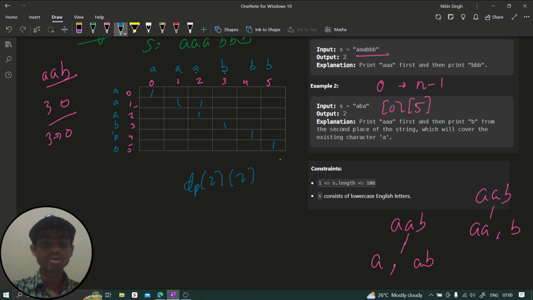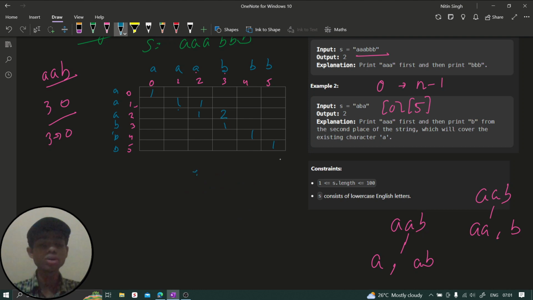DP of 2 and 3. So you can see these are character of 2 string, right? This is a string of 2 length and it has a different character. So we are going to put 2 here. If the string length is 2, then we are going to check if they are same. So you have to write here 1, otherwise you have to write here 2, right? That makes sense. But if the string length is more than 2, then you are going to calculate